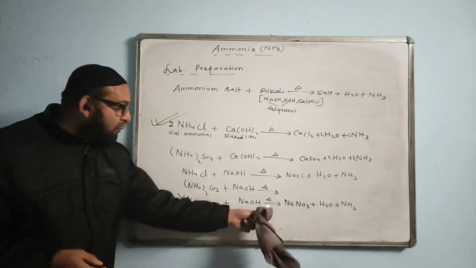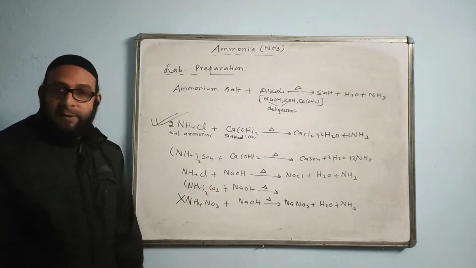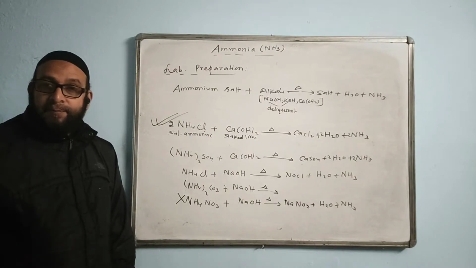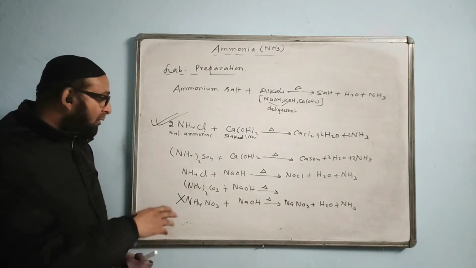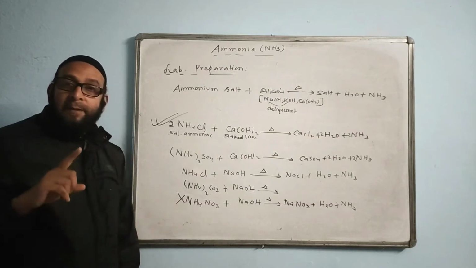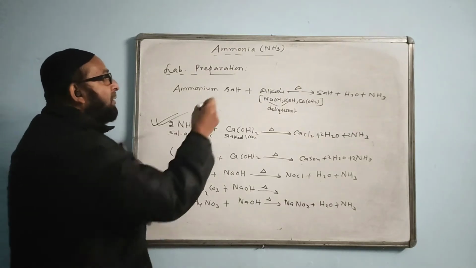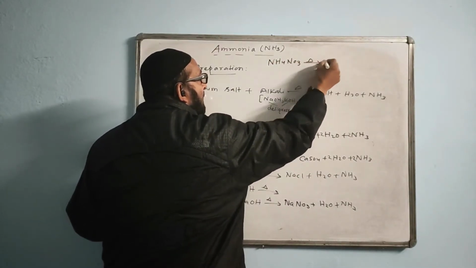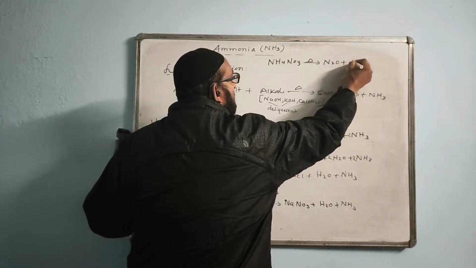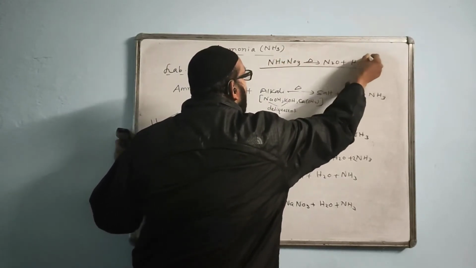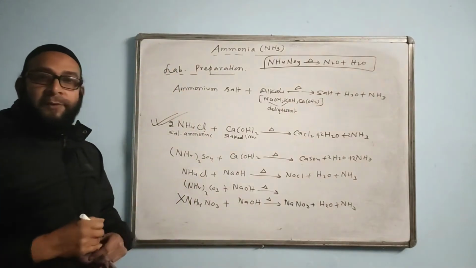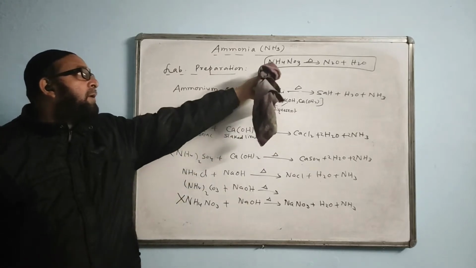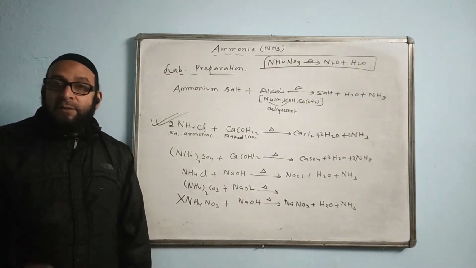When we heat ammonium nitrate, it itself decomposes, it breaks down to give nitrous oxide and steam. It never gives ammonia. Later on I will give the reaction of this one in the chapter nitric acid. When ammonium nitrate is heated, it will give N2O plus H2O steam. Remember this reaction. This reaction will come in the next chapter. There I will dictate and give it to you, but just to have a knowledge about it. Ammonium nitrate gets heated, it never gives ammonia.